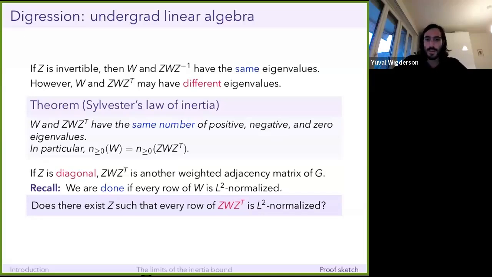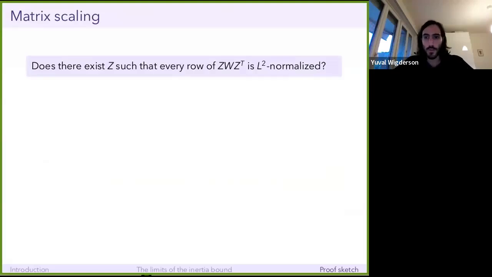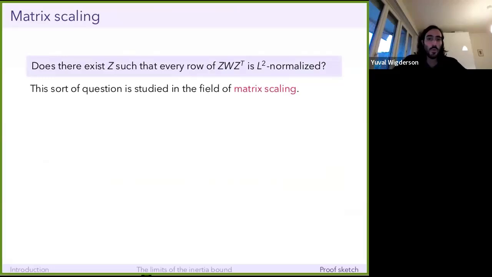Okay. So this is the million-dollar question. And we're not the first people to ask it. This is a kind of question that people ask a lot in a field of math called matrix scaling. And matrix scaling is basically questions of the form: operations like this, or maybe where you multiply by a different diagonal matrix on the left and the right. Can you ensure some property of the matrix you get at the end with respect to its rows or its columns?